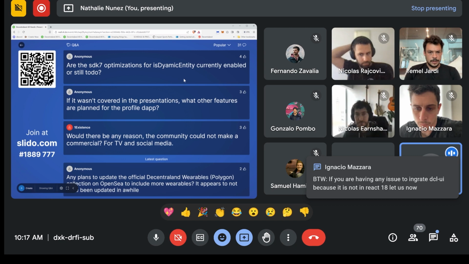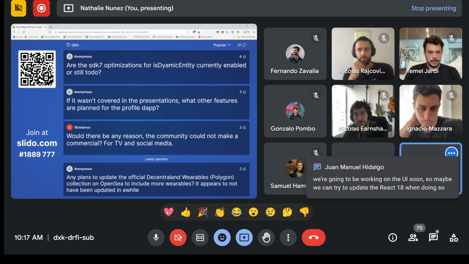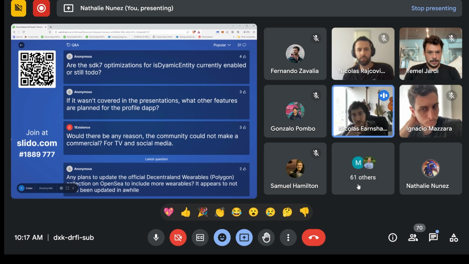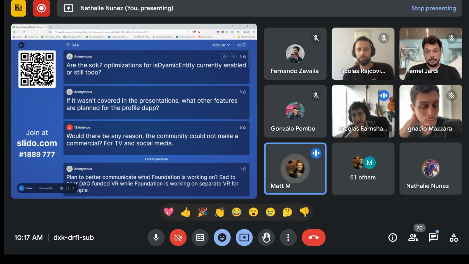Are the SDK optimizations for dynamic entity currently enabled or still to do? Sorry, I'm not familiar with what this is exactly. Does anyone know? Hey, this was my question.